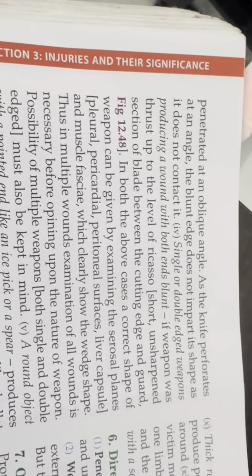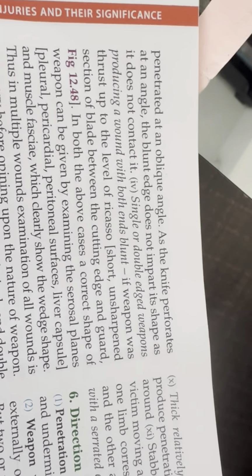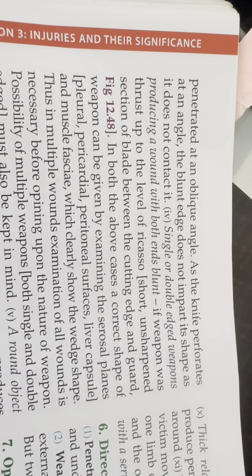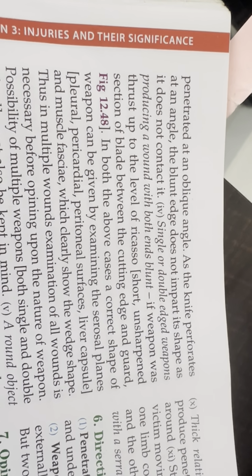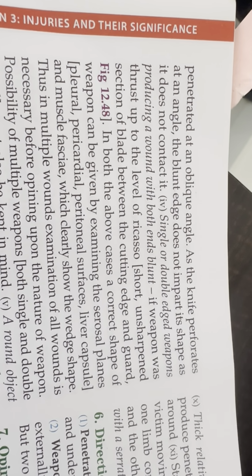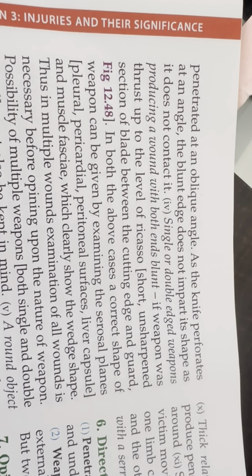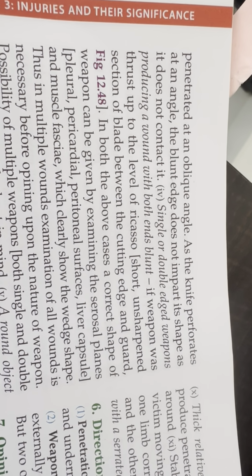Penetrating at an oblique angle. As the knife perforates at an angle, the blunt edge does not impart its shape. A single or double-edged weapon produces a wound with both blunt and sharp ends, and bleeding. If the weapon was thrust to the level of the ricasso, the short, unsharpened section of the blade between the cutting edge